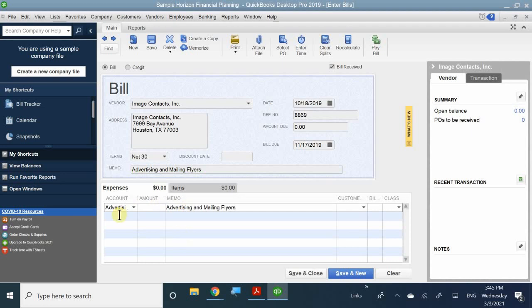Right? Go ahead. All right. It's giving me problems here. No worries. Expenses tab, and then